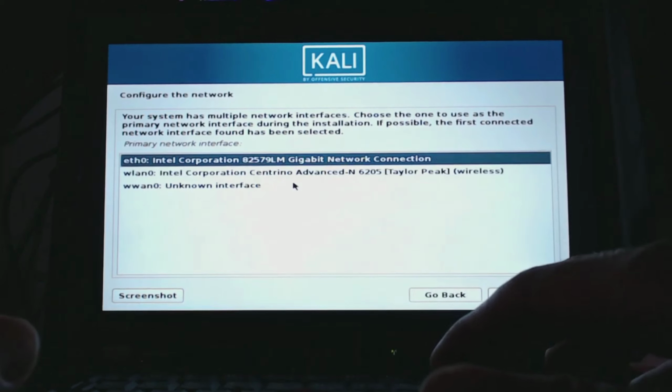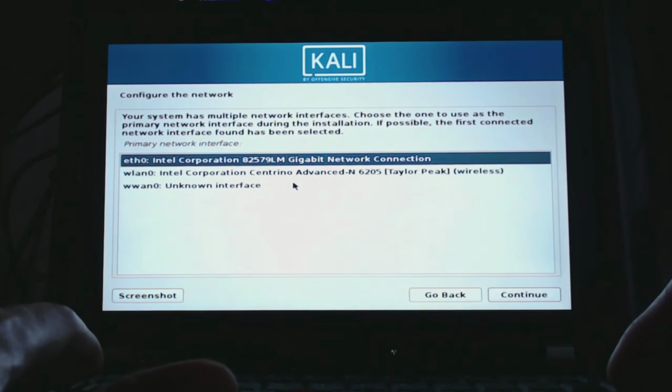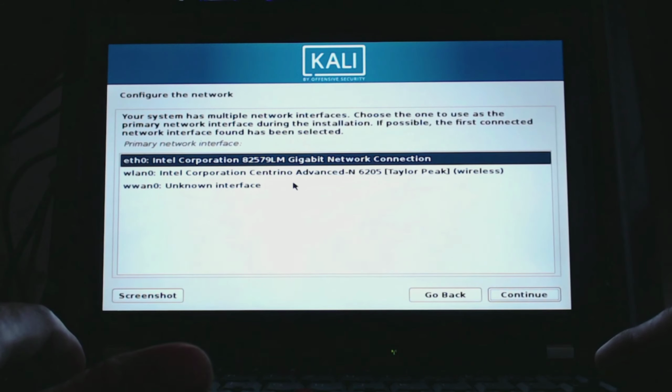I don't have Ethernet, so let me select Ethernet 0 and then continue, because later on it will ask for a network mirror. I'll be selecting no option and then continue. Okay, just a second. Tab.